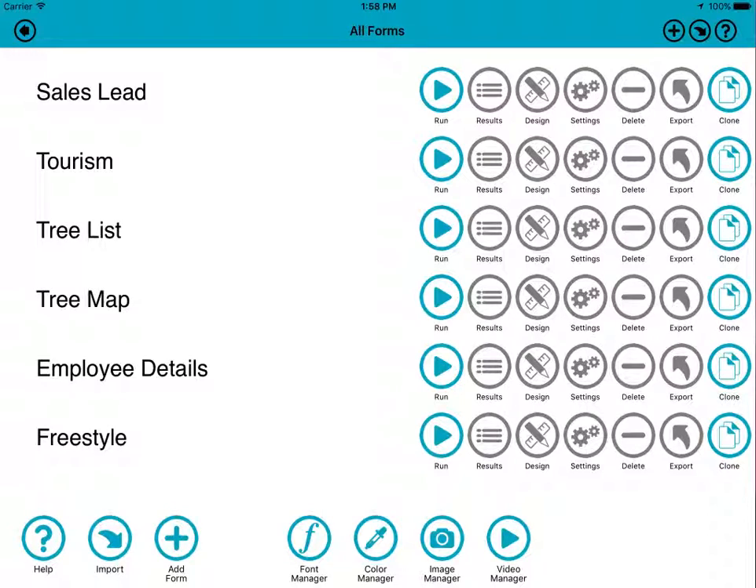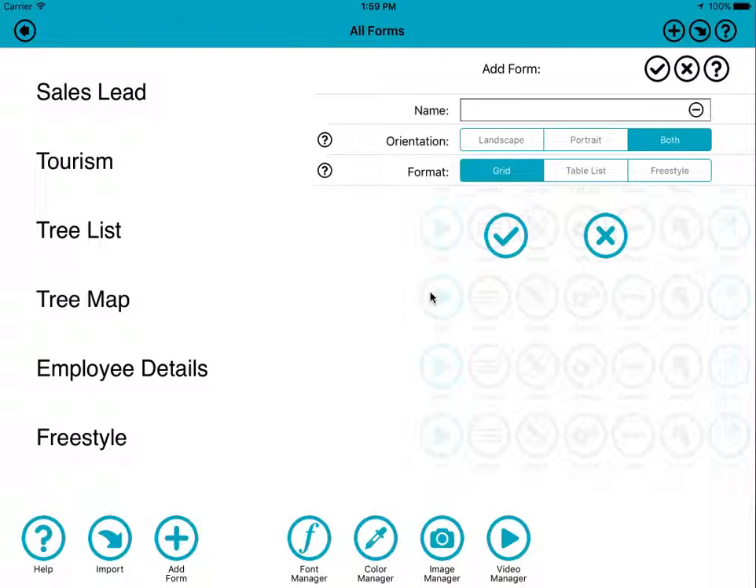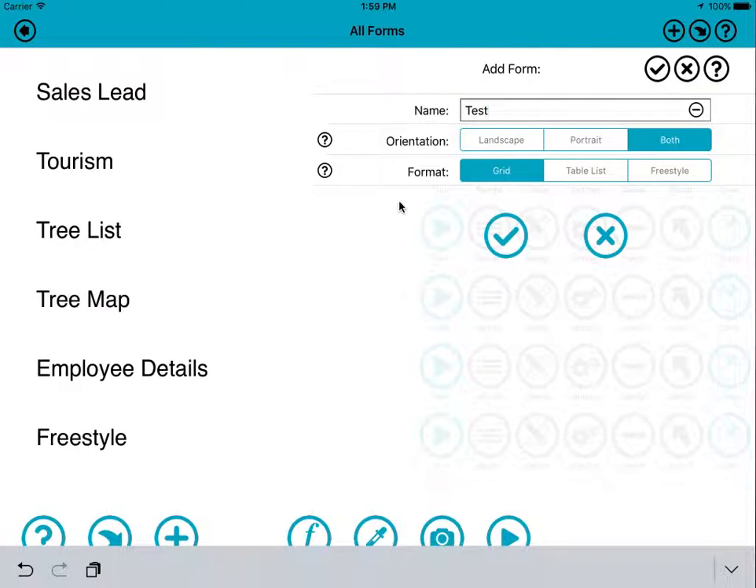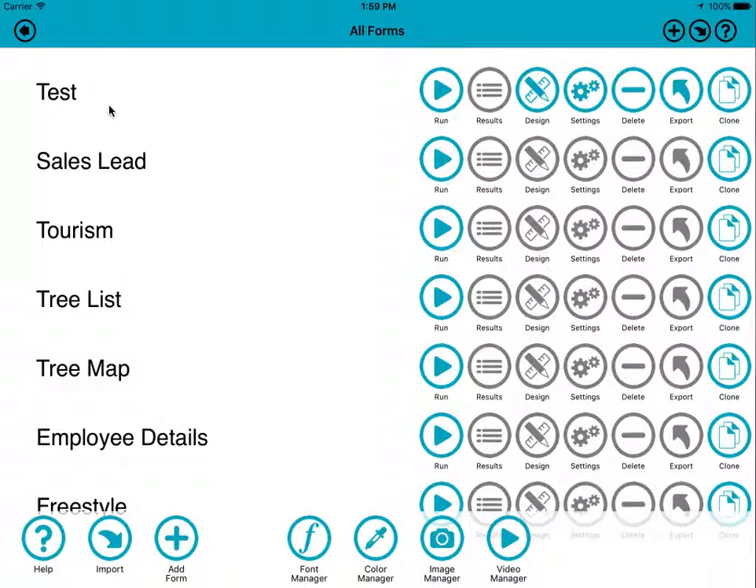Welcome to this quick demonstration of the multi-column feature of FormMaker, and we'll start off by just creating a new form and give it a name. And notice we're going to use the default grid format, and multi-columns is only really relevant to the grid format. So we'll go into that. It's created our form for us, so we go into design mode,